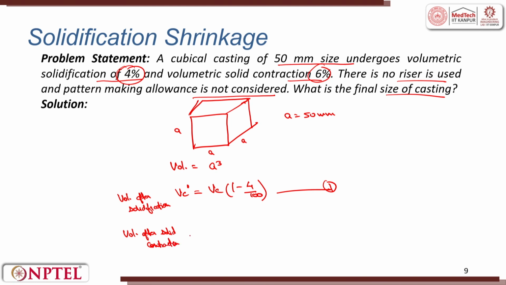You will compensate it here. I will put it as Vs. So, you will compensate it the 6%, over say compensation or contraction, whatever you call it, because riser and pattern making allowance is not considered, 6% contraction will be used here. Try to use this, then try to see what A dash cube turns out to be in relation to the A cube. So, this is my ratio, I will put it as the ratio R. So, this you will calculate.